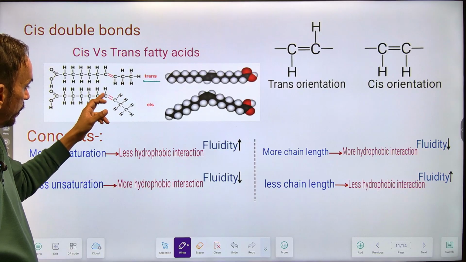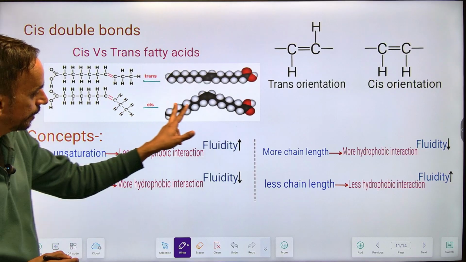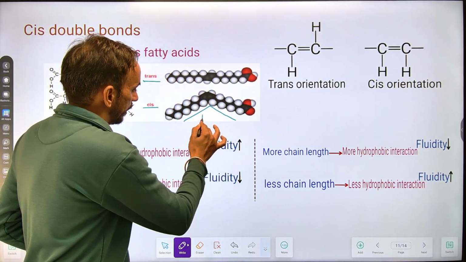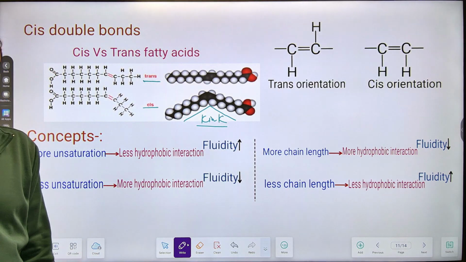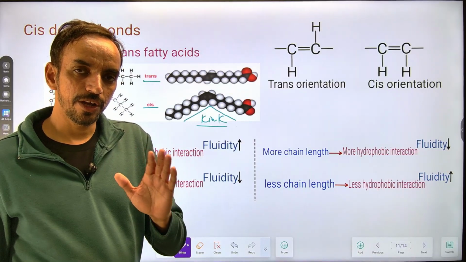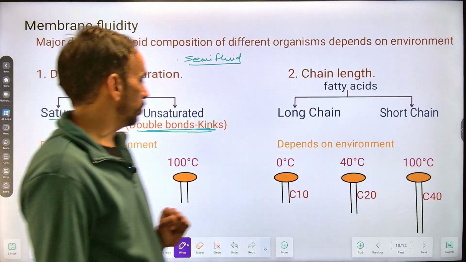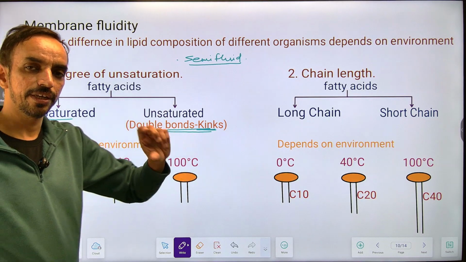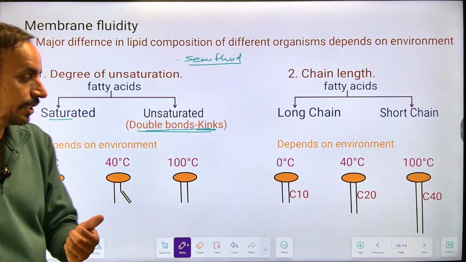But if there is a presence of a cis double bond, then due to the steric hindrance, there is a presence of a bend or kink. इसी को अपन कहते हैं, it is a kink. So all the biological fatty acids, यह कॉन्सेप्ट लेके चलना, they have cis double bonds which allow the formation of kinks. ठीक है, तो डबल बॉन्ड्स अनसैचुरेटेड फैटी एसिड्स में कैसे होते हैं, सिस कॉन्फ़िगरेशन में होंगे एंड दे इम्पार्ट किंक, जिसकी वजह से किंक आते हैं।